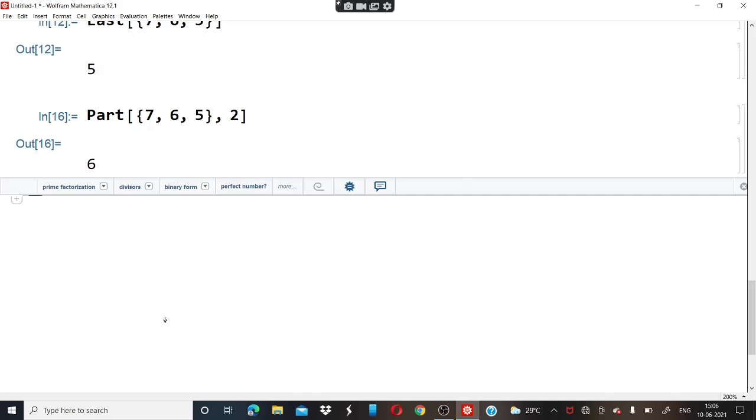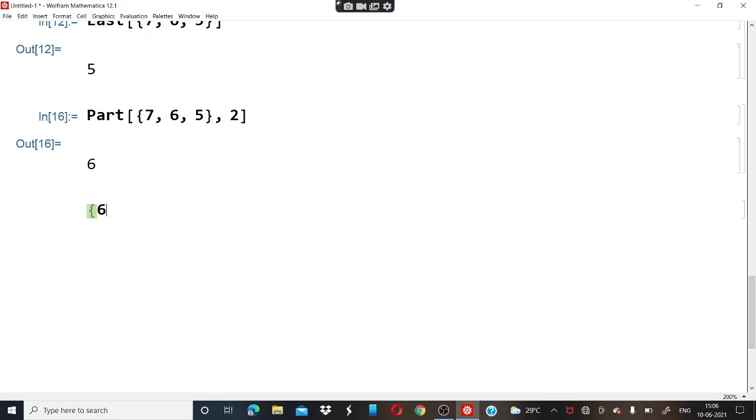Now let's suppose we first want to sort it, and then we want its first element. Our list is 6, 7, 1, 2, 4, 5. Let us suppose we have this list.